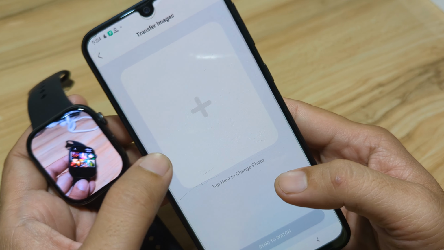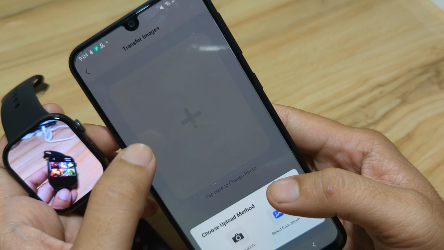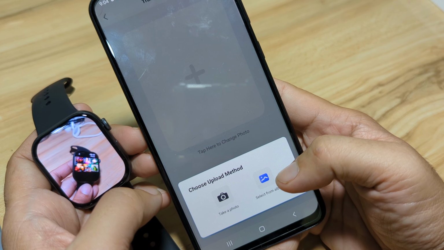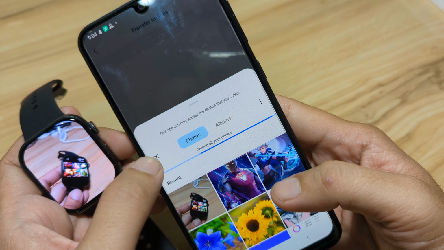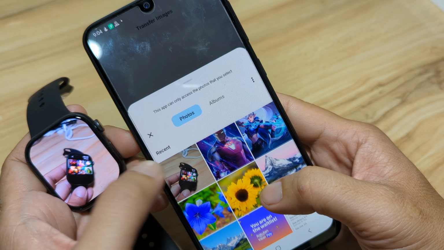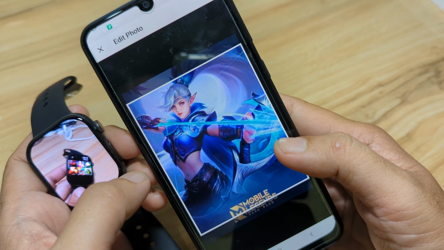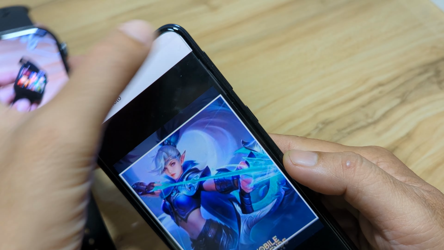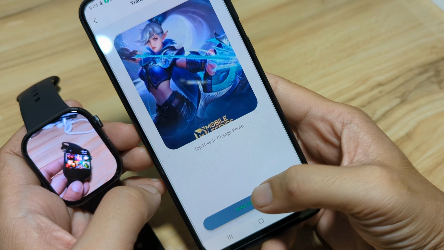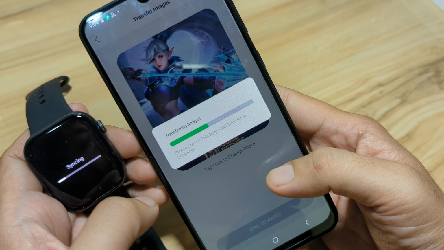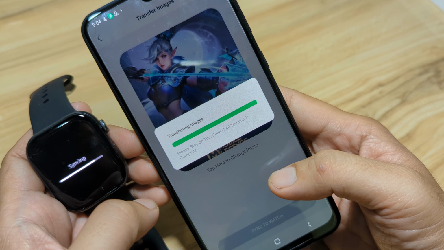If you want to add another photo, just tap on the plus sign, select from album, then for example we want this one, Mobile Legends. Check, then sync to watch. Let's have another one.